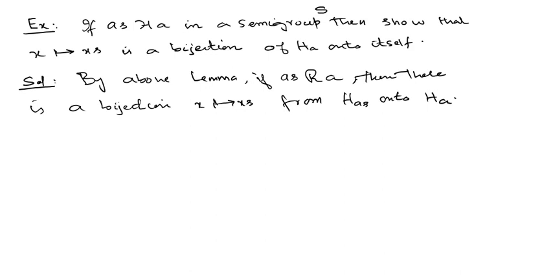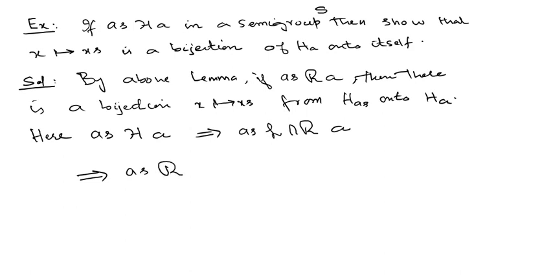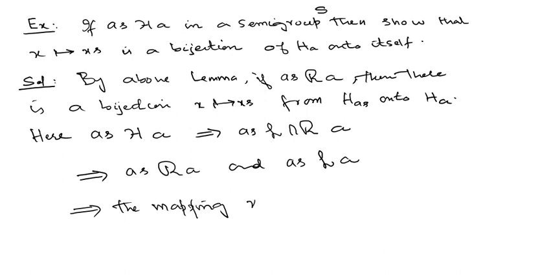Now here AS is H related to A, so this implies AS is H, the intersection of L and R, related to A. That implies, let's write here R first, it's R related to A and AS is L related to A. So this implies the mapping which maps X onto XS, this mapping is a bijection from HA onto